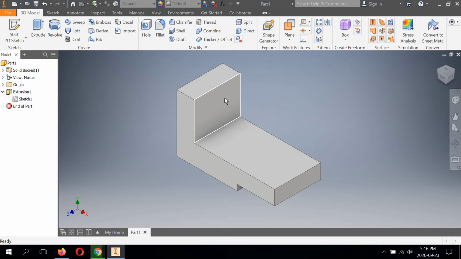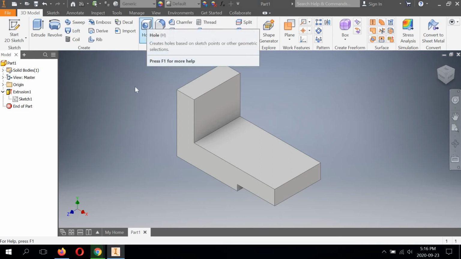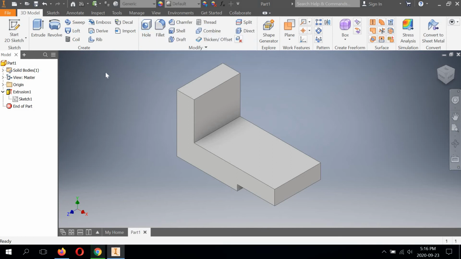Okay, so we're going to continue on and keep modeling this control bracket. The next thing we can look at, we know how to do holes. We learned that in the right angle brace, so this will be like a review. But I'm going to show you holes in a different way. Instead of using a sketch and circle to extrude it, I'm going to show you how to use the hole feature on Inventor right here. So how this works is, we can start a 2D sketch on this surface,